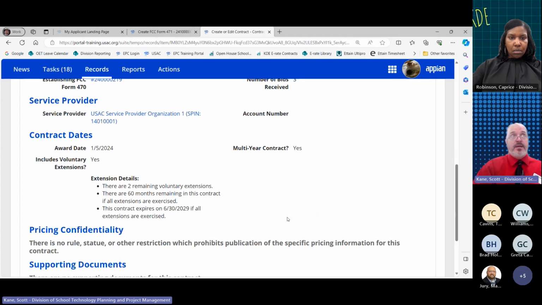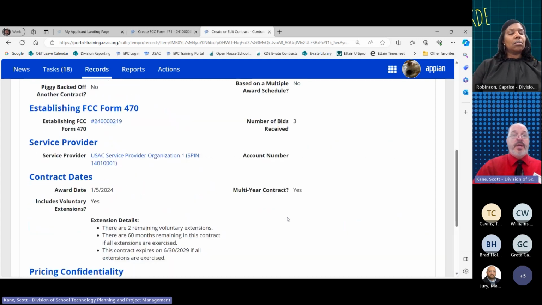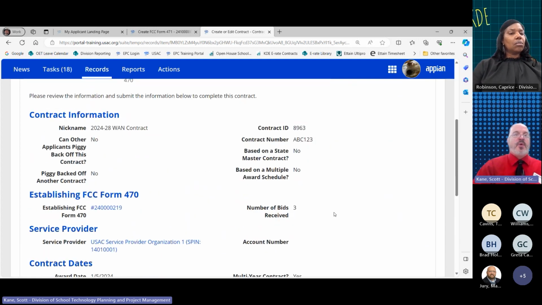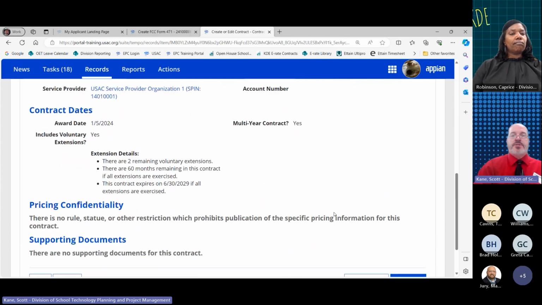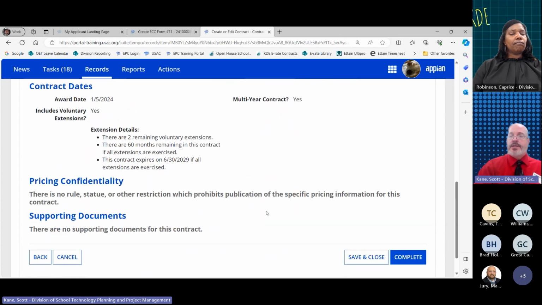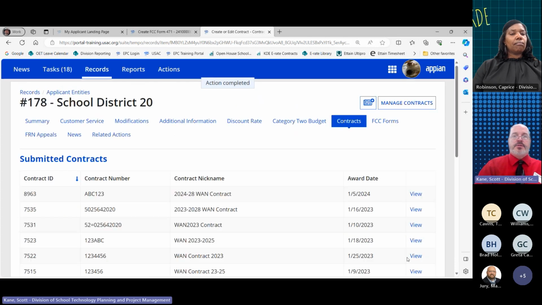If you make a mistake on this contract, you will need to actually enter a whole new one and make sure that you've got the correct information in that version. So again, this reiterates the importance of double checking this information and making sure that it matches the information about your contract. So we'll say complete, action completed, and boom, there we go.